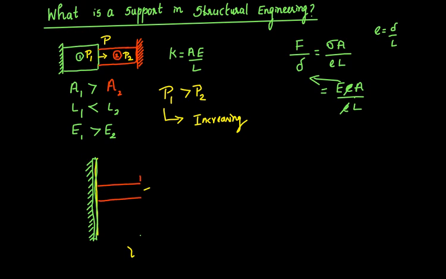Okay. Now, what happens if I apply the load capital P in this case? Over here, if I apply capital P, then capital P will be taken by the element 1 alone, because it has got infinite stiffness. If you look very carefully at this particular structure, it looks like a support, right? Which means that by definition now, support is a structure with infinite stiffness. That is the reason why if you apply a load at the support, it is going to take all the load, because support has got infinite stiffness, which means that a structure that has got infinite stiffness is going to take all the load, which means here, if I apply the load here, then the load will be taken only by